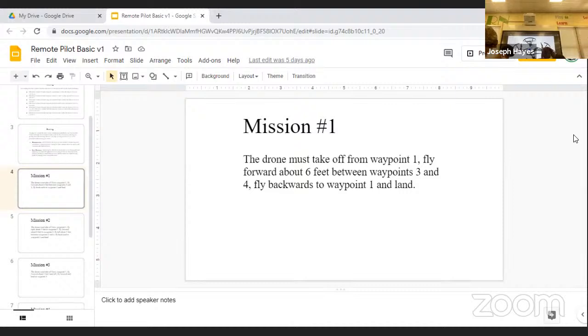Which one, y'all? Do y'all want to just do the first one, or do y'all want to finish? We could do the first one. Okay, talk about it. So I think